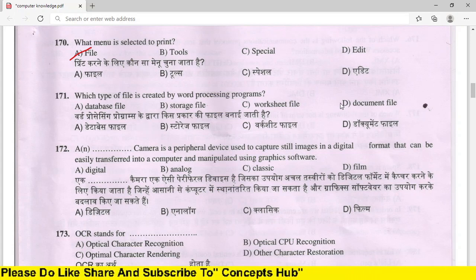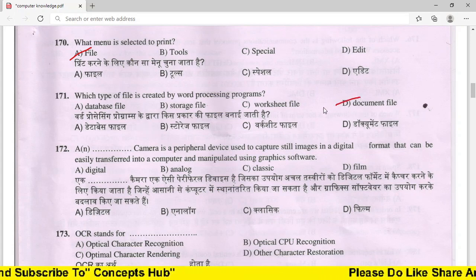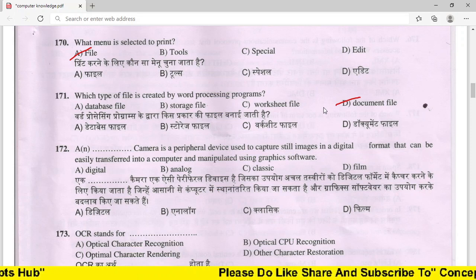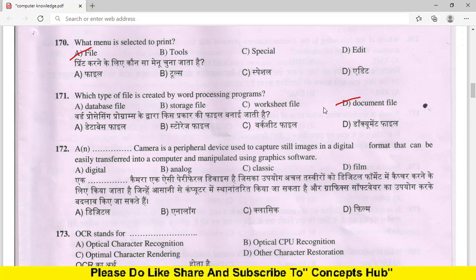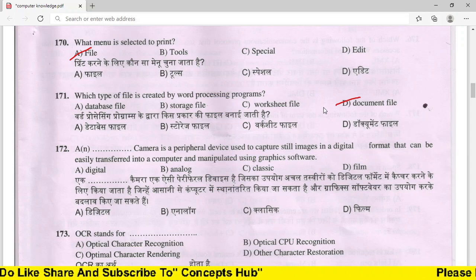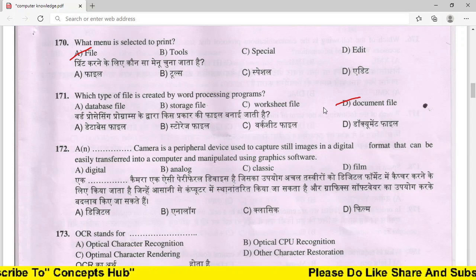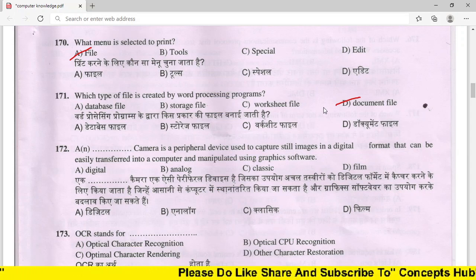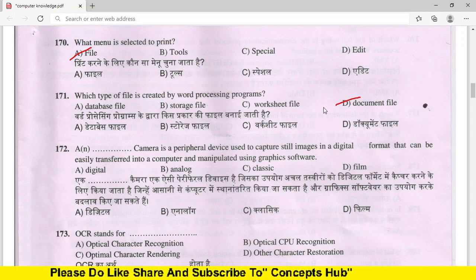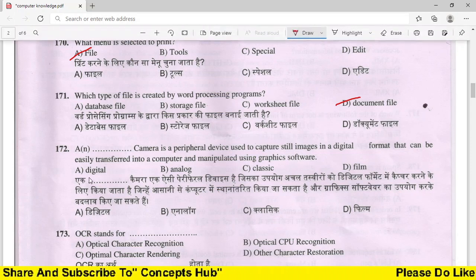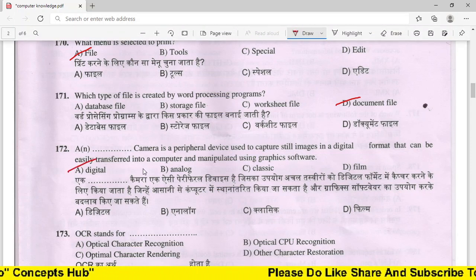That is document files. A dash camera is a peripheral device used to capture still images in a digital format that can be easily transferred into a computer and manipulated using graphics software. The answer is digital.